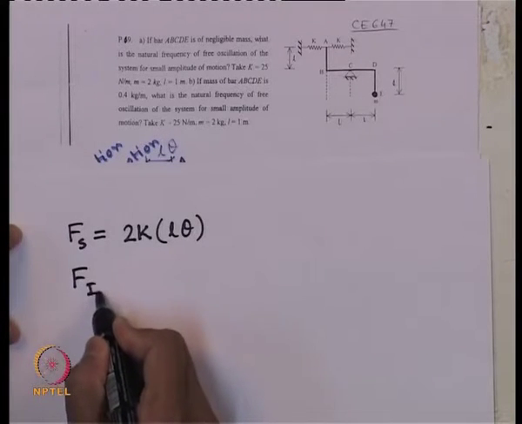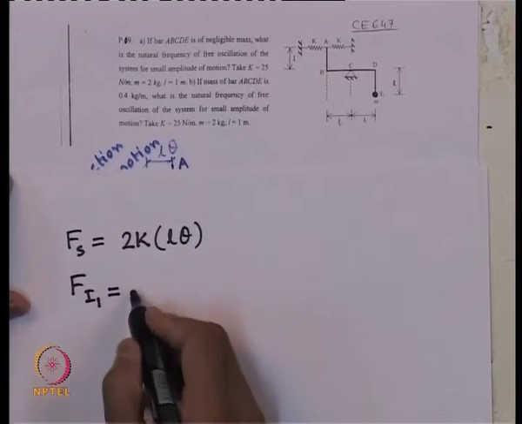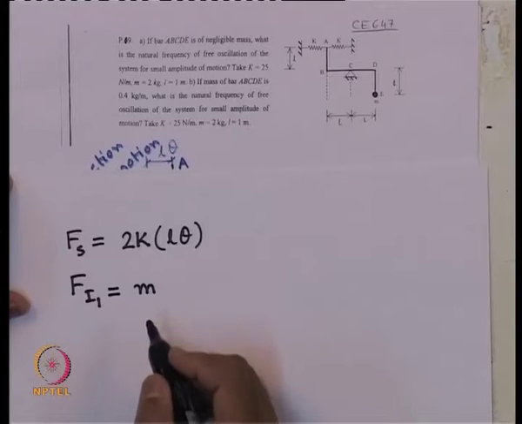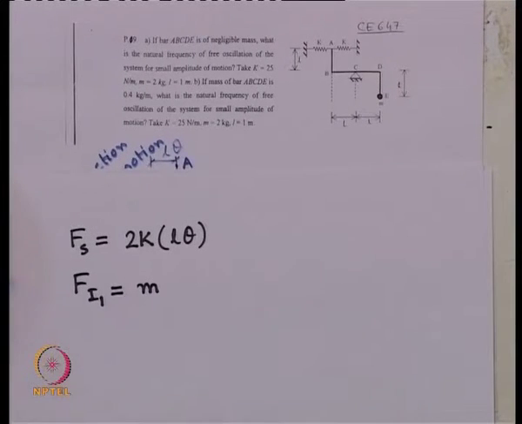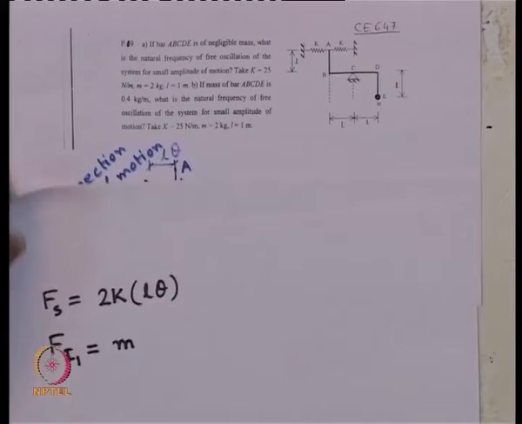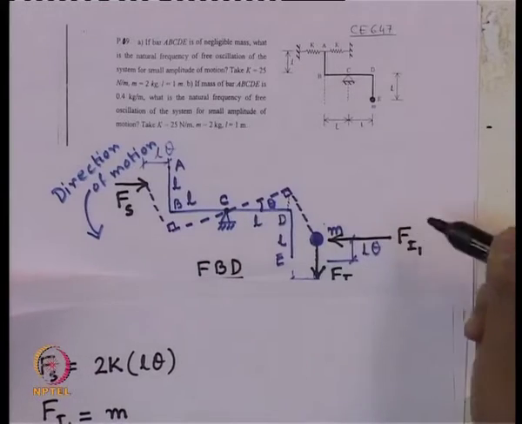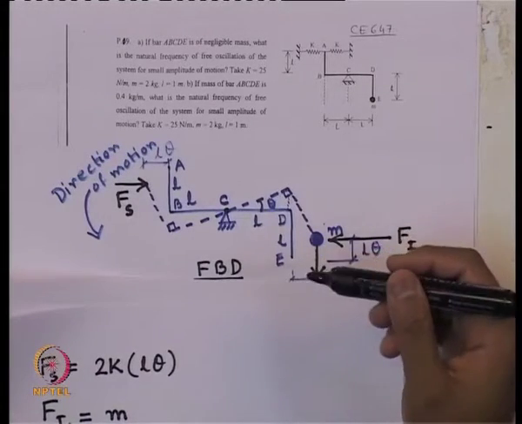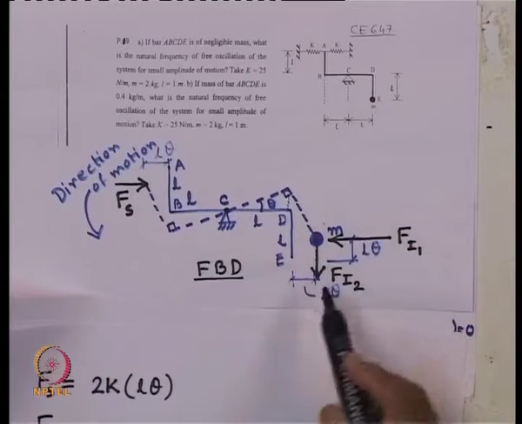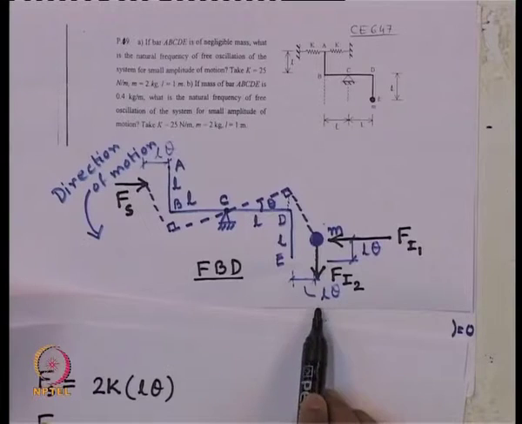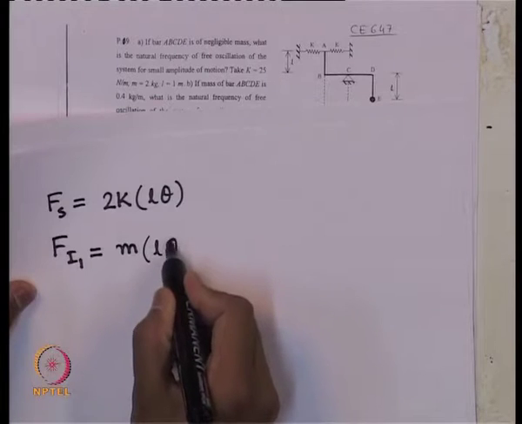F I 1 will be the mass at that point times acceleration, acceleration in the direction of F I 1, which we have taken as horizontal. So in the horizontal direction, whatever acceleration it is experiencing. The horizontal displacement is L theta, so the horizontal acceleration will be L theta double dot,